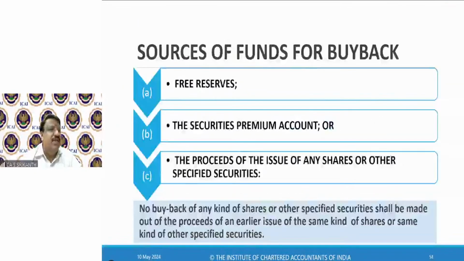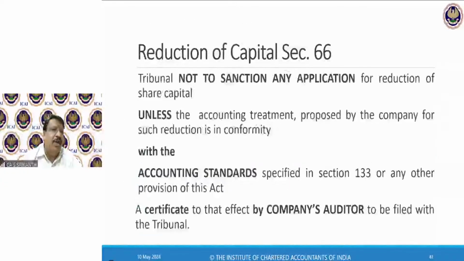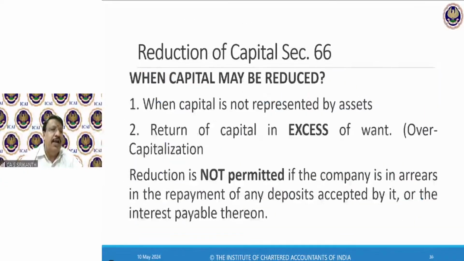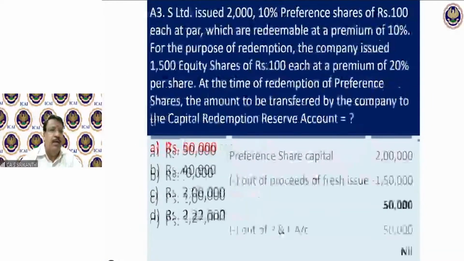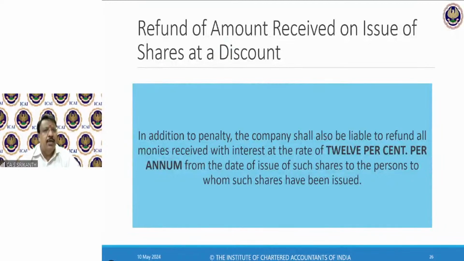See, basically, preference shares are to be redeemed. In India, you cannot issue preference shares which are irredeemable. If you're going to issue preference shares, they should be redeemed within 20 years. In case you are an infrastructure company, you can extend the period by another 10 years because infrastructure companies have a longer gestation period. They take longer time to make money. Therefore, infrastructure companies alone, as mentioned in the 7th schedule, can go for a longer redemption period